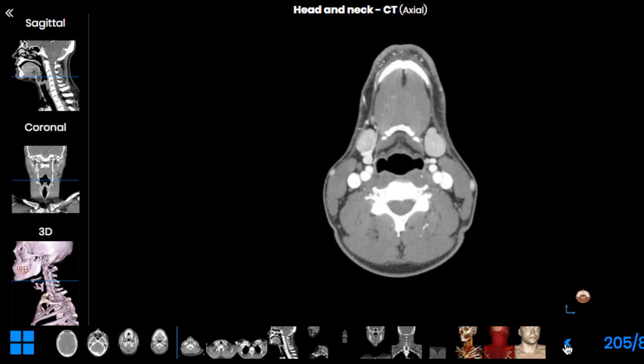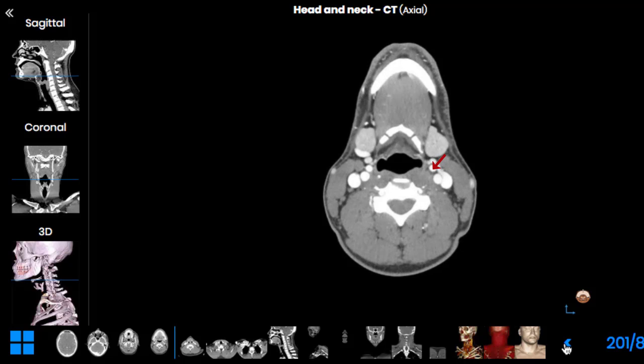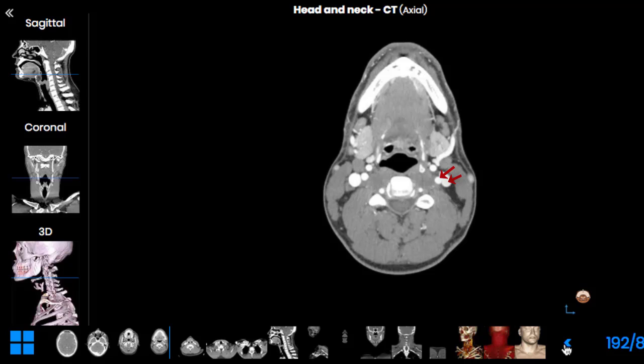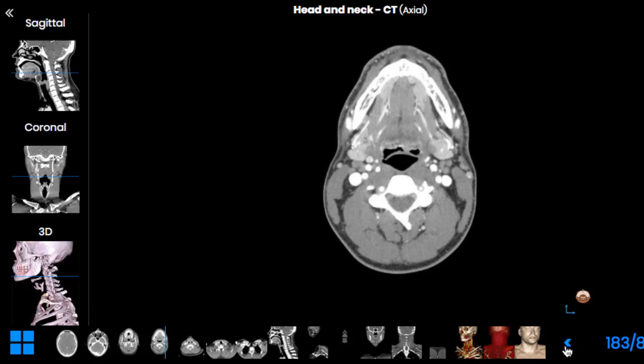And just above, you see the common carotid artery bifurcates into the external carotid, which is located anteriorly and closer to the midline at this level in the neck, and the internal carotid, which is very close to the internal jugular vein and is located a little bit posteriorly here. It seems to be unusual that the external one is located closer to the midline, but if we scroll further up,